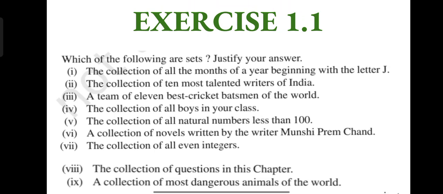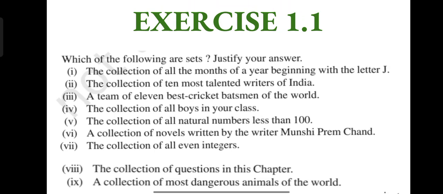Okay, the collection of all even integers. It is a set, but there will be what all numbers? Even numbers means 2, 4, 6, 8 and so on. Since it has stressed that it should be an integer, there are 2, 4, 6, 8 and so on, as well as their negative numbers, that means -2, -4, -6, -8, as well as 0 can be included, since it is even as well as an integer. So it will be an infinite set, because all the positive even numbers cannot be written, and all the negative even numbers cannot be listed.